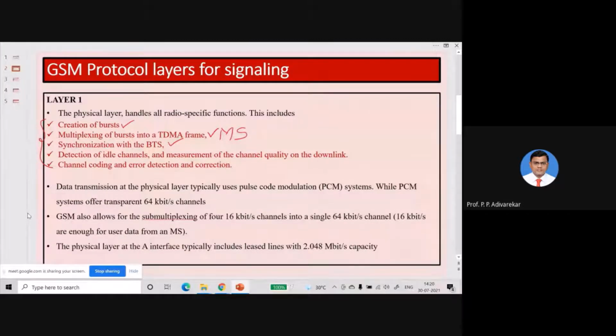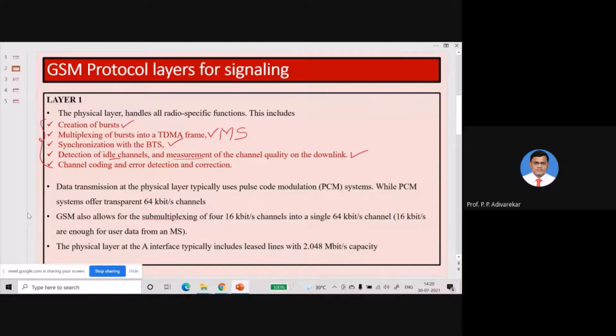That is, the idle channels. It is nothing but an antenna smart enough to detect the idle channels and measure the strength of that particular channel.